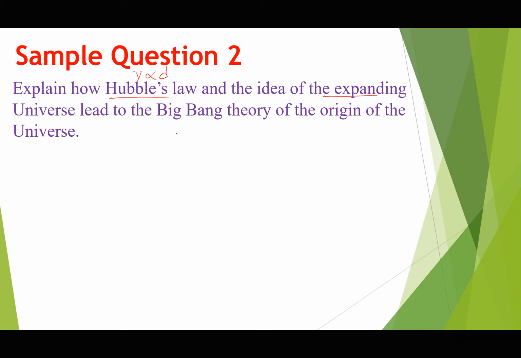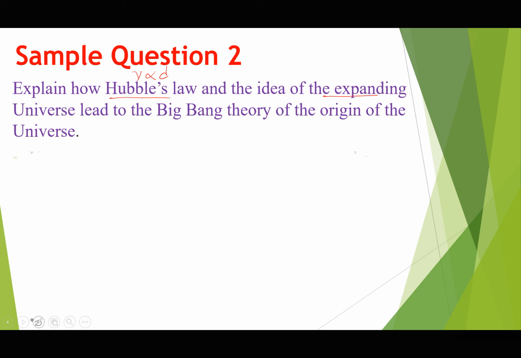So if the universe is expanding, then it means all parts of the universe are moving away from each other. All objects are moving away from each other. Then according to Hubble's law, because v is directly proportional to d, it means the more distant objects must be moving far away, must be moving with a higher speed or with the highest speed. The farther an object is, the faster it is moving if we consider Hubble's law. And then if they are moving, then why can't we believe that they started from the same singular point as proposed by the Big Bang theory?